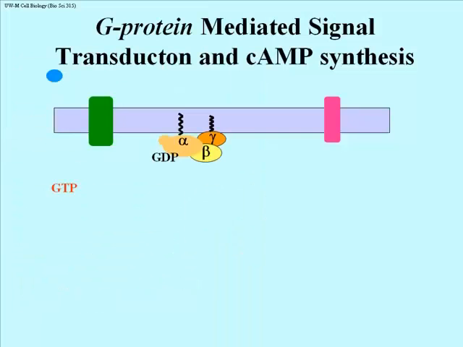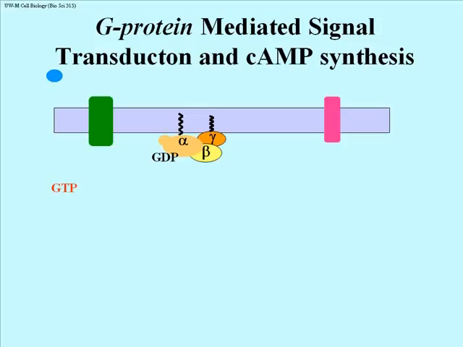Now let's look closely at how G-protein-linked signal transduction really works to produce the second messenger molecule. In this case, it'll be cyclic AMP in a target cell. Now let's take a closer look at how G-protein-linked signal transduction works to produce the second messenger molecule, cyclic AMP, in target cells. The G-protein is the 3-subunit protein in shades of yellow, alpha, beta, and gamma, initially bound to GDP. This protein is called a G-protein because it's either bound to GDP, or as we'll see in a moment,